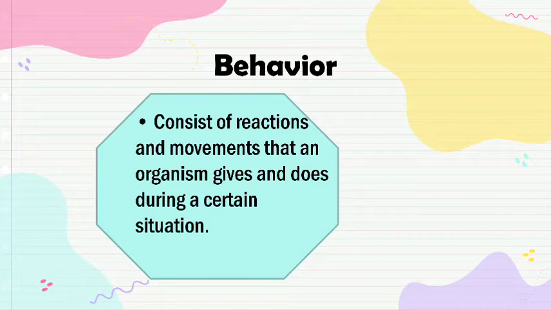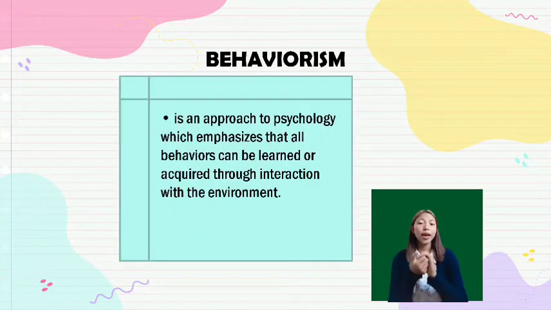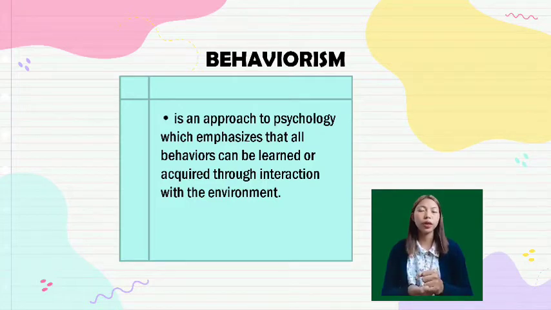It depends on what kind of environment, experiences, and situations one is getting, and accordingly, behaviors are acquired. Now, the next important concept is behaviorism. Behaviorism is an approach to psychology which emphasizes that all behaviors can be learned or acquired through interaction with the